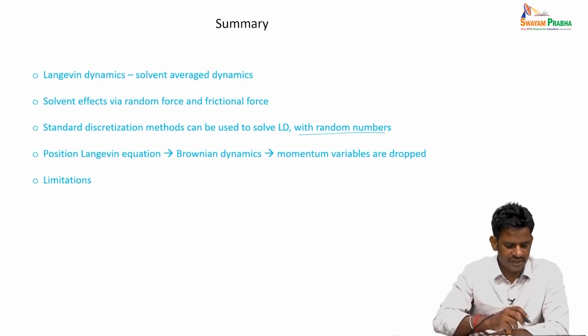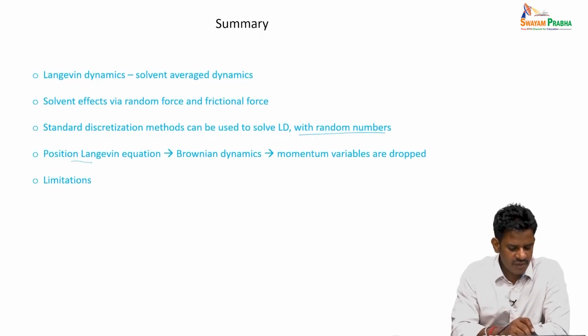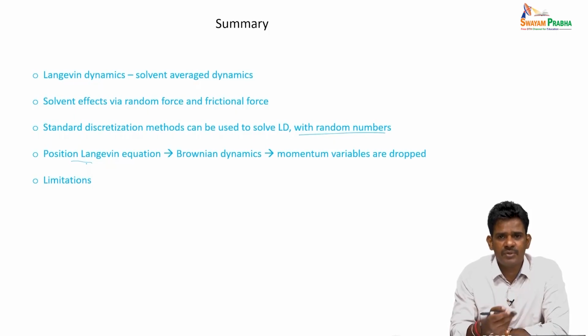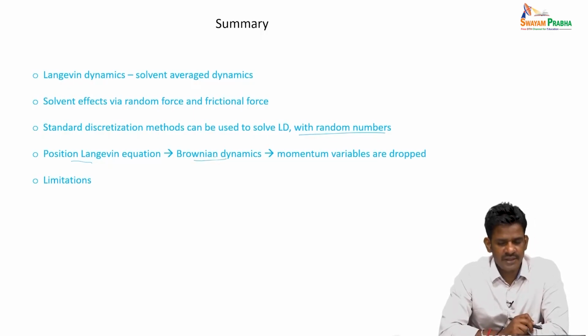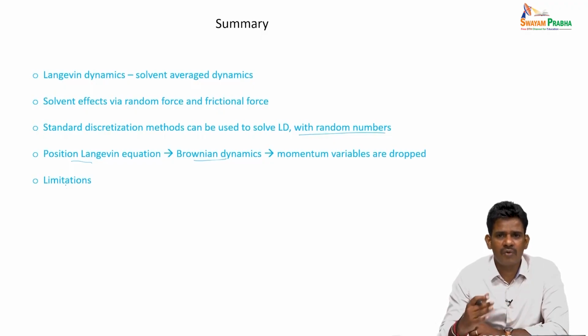One further approximation one can make in Langevin dynamics is converting into a positional Langevin dynamics by dropping the momentum variables and only updating the particle positions in time. That brings us to Brownian dynamics. We also recognize that Brownian dynamics has several limitations in terms of not accounting for hydrodynamic interactions, not conserving momentum and energy, and not being time reversible; it is more of a stochastic nature. But despite all that, if you are looking at simulating a Brownian like